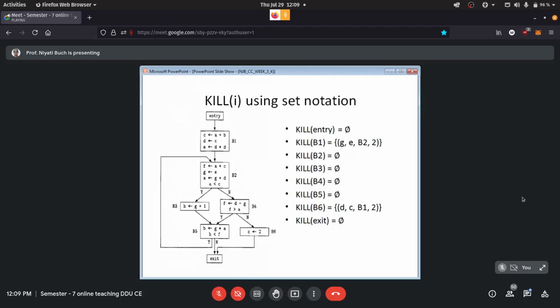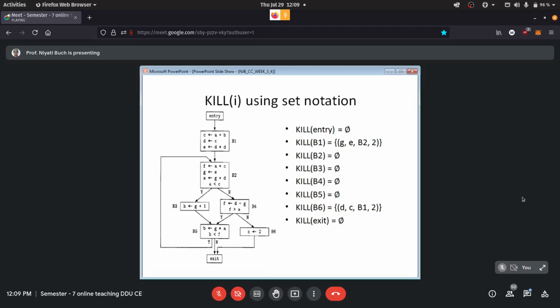But if you observe very carefully, in B6, C is getting assigned, though to a constant value, but it is getting assigned. So the element D comma C comma B1 comma 2 gets placed in the kill set of B6.